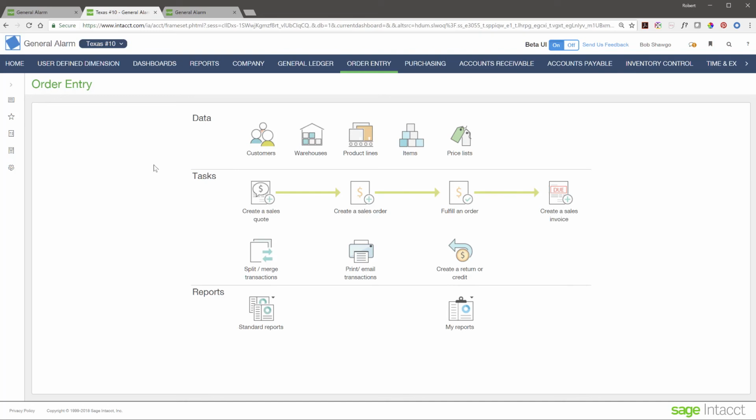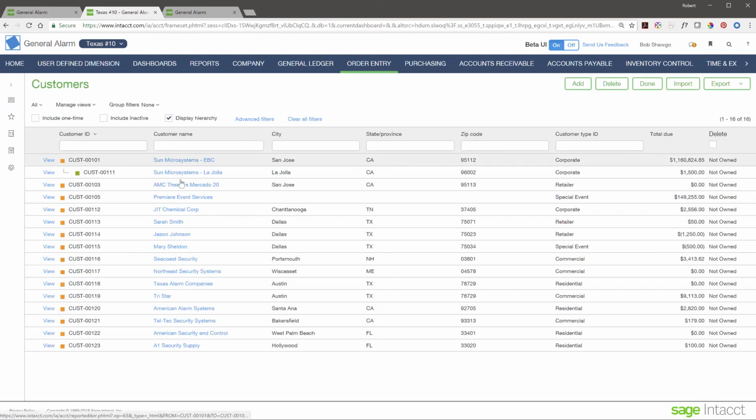Another thing we have access to in the different dimensions, notice we still have the same group of customers. As you saw when I did the drop down from order entry, we still have our same group of customers available. These are managed at the top level. The other thing we've got is what's going on here with the 4 entities